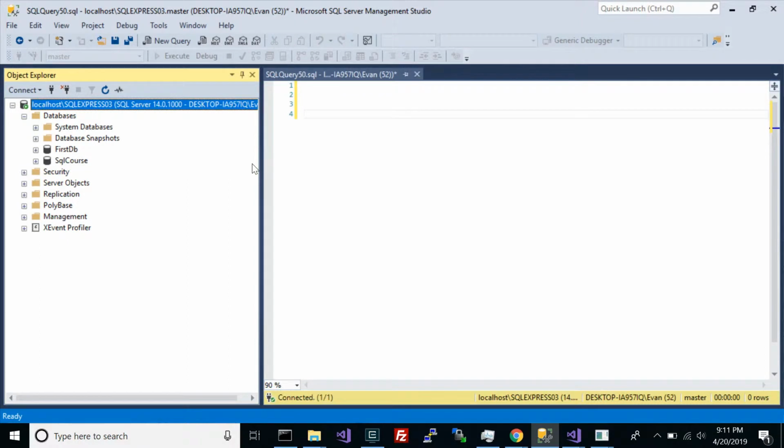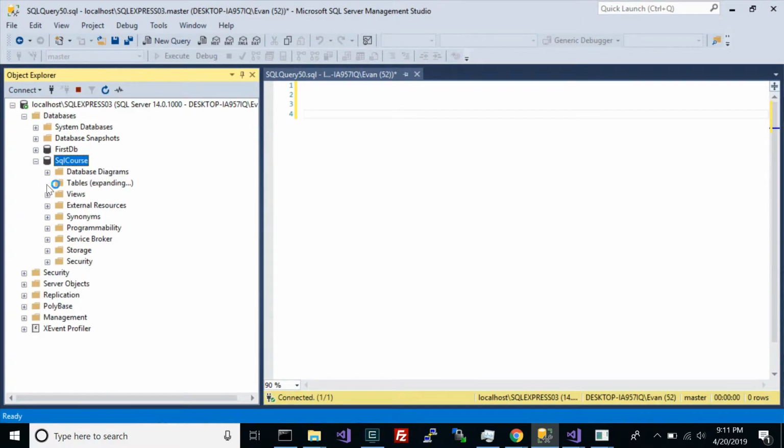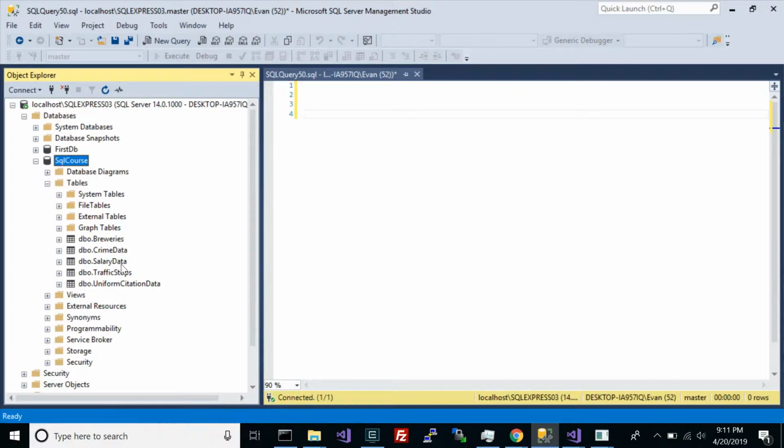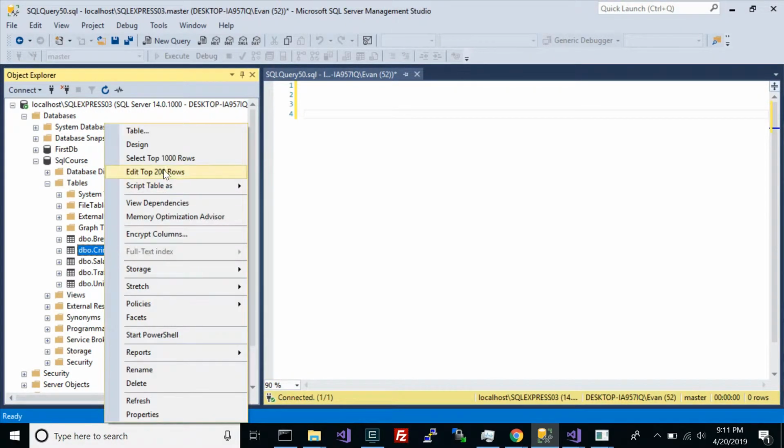Once you've restored the course database to your machine, you'll have it right here. It's called SQL Course. We can expand it and take a look at the tables. There's just a few tables in here, and at the time of this recording, there's only 5, but you might have more whenever you restore it. These tables are a lot larger than the ones you have access to in the course via the online course. These tables are very large. I want to say that the crime data table has about